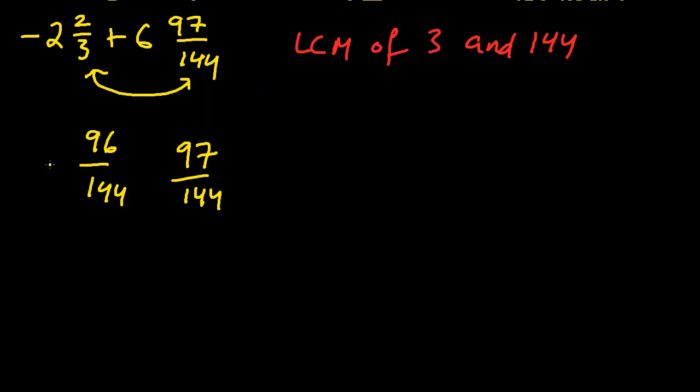Okay, so now we have the negative 2, which is in front of the 2 over 3, and then we also obviously have the 6. So now we can easily go ahead and just add these two mixed numbers together, because we can just add the whole components. So the negative 2 and 6, when we add that, we get positive 4, because negative 2 plus 6 is positive 4. And then we can just add the numerators here, because the denominators are the same. So 96 plus 97,